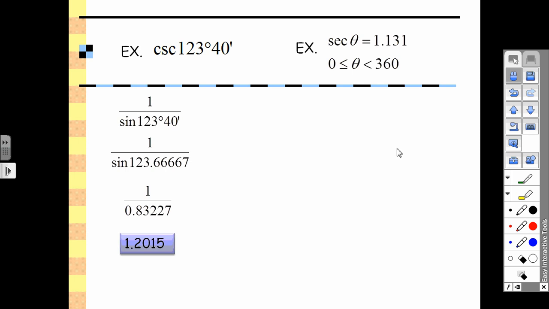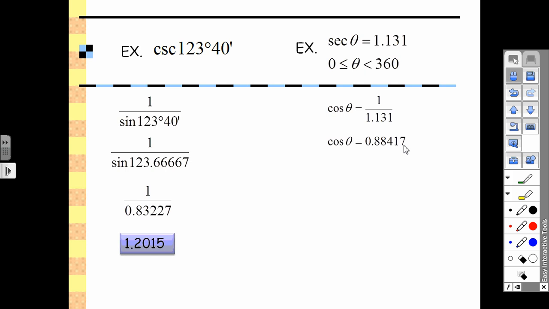All right, so first step. Remember that secant is the reciprocal of cosine. So I could rewrite this equation as the cosine of theta instead of secant, but then I take the reciprocal of this number, so 1 over 1.131. Now I have an equation where I can use my calculator because I have that inverse cosine button. But first you have to figure out what this is as a decimal. So take 1 and divide it by 1.131, or type in 1.131 and then hit your reciprocal button, and you end up getting the cosine of theta is